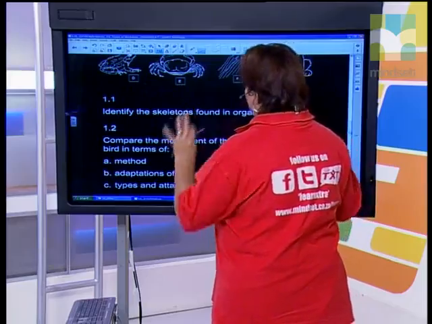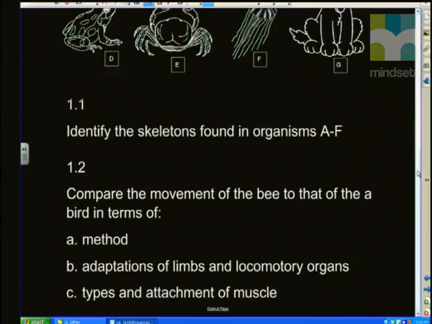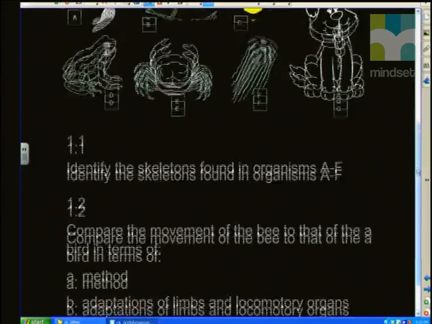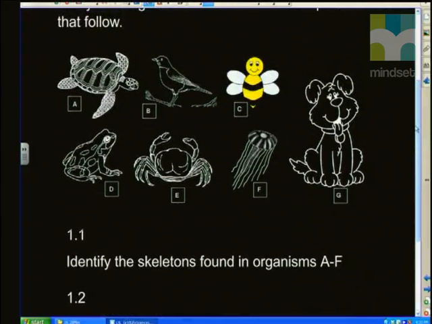Question number 1.1 is easy, all right? All it wants you to do is identify the different kinds of skeletons. So you have the choice of, now I put this in here because this is a turtle. And the turtle actually has two. It's got a shell on the outside, and it's part of the reptile. So what does it have? It will have an internal as well. So both the turtle and its little cousin, the tortoise, can have an exo and an endo,